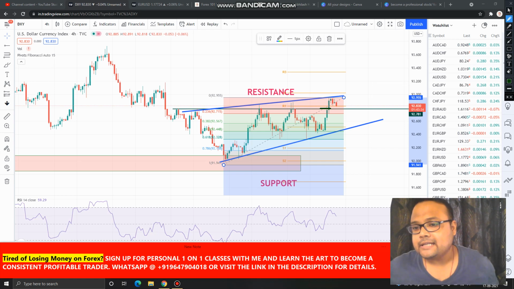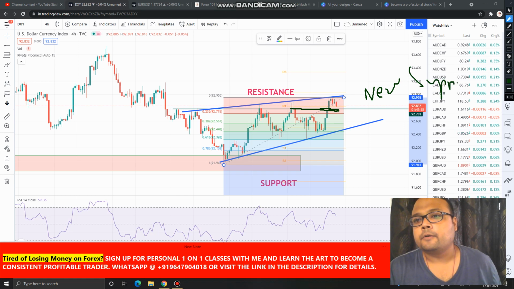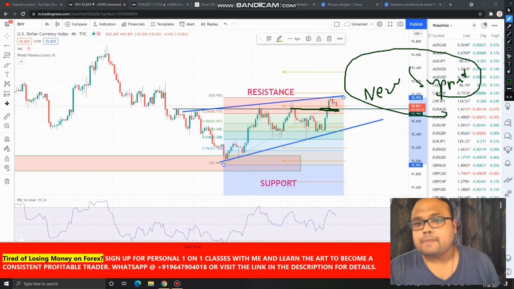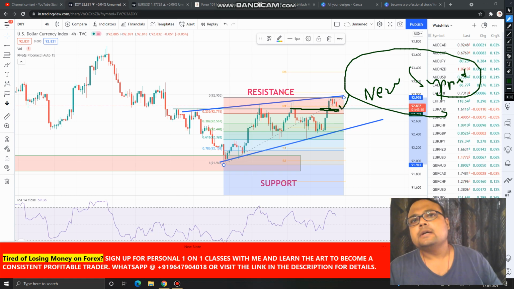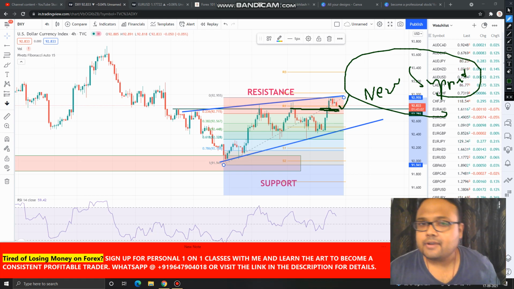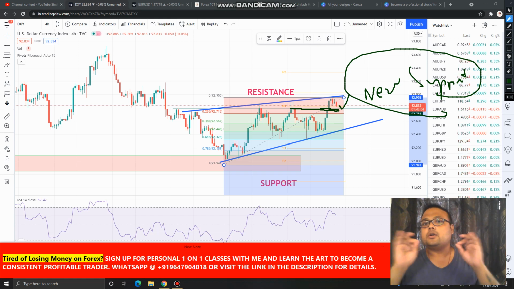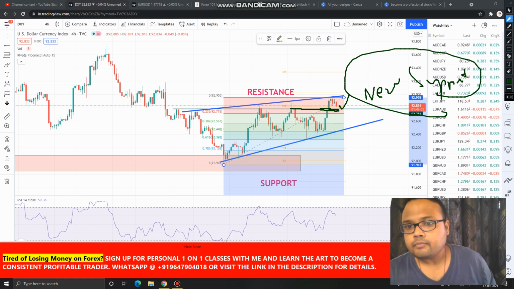resistance, and right now we can see that DXY US dollar is trading above the resistance, but we do not have the confirmation yet whether the previous resistance of 92.78 has become the new support or not. So we do not have the confirmation about the new support. Right now you can see that the market is coming down, so if the market takes support and bounces, then we'll get the confirmation that yes, this level is the new support, but right now we still do not know. And on the other hand, if the market starts coming down, then